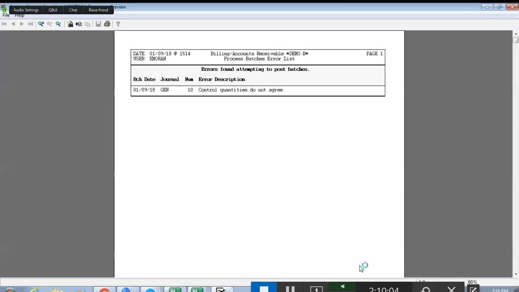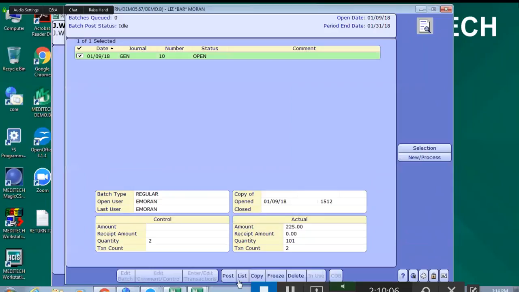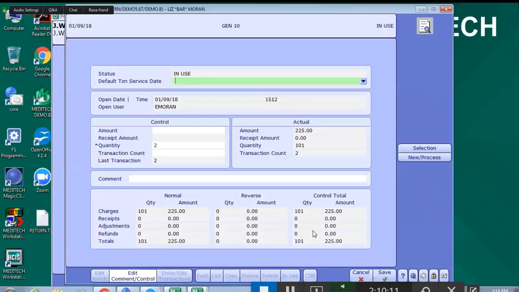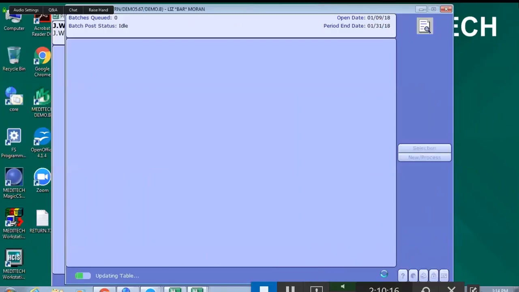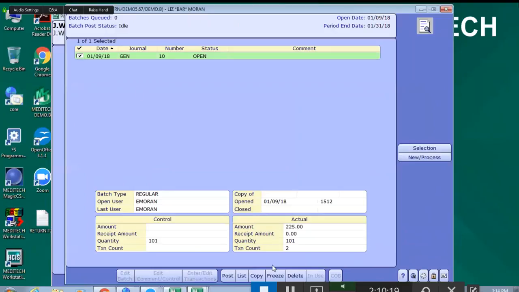Okay, because the transaction count is running. And now I should be able to post. And we'll give that a moment to post. So now that we've gone over the client setup and how to post charges directly and indirectly to the client, let's now review client routines and reports. Actually, before we get there, I just want to show you